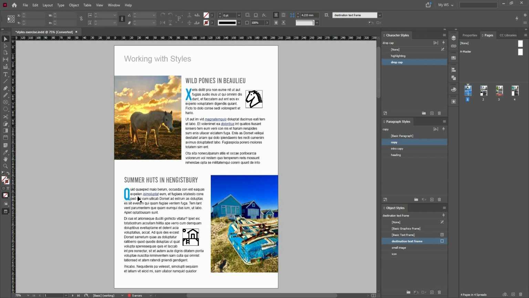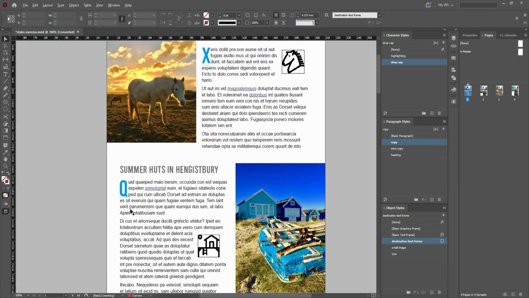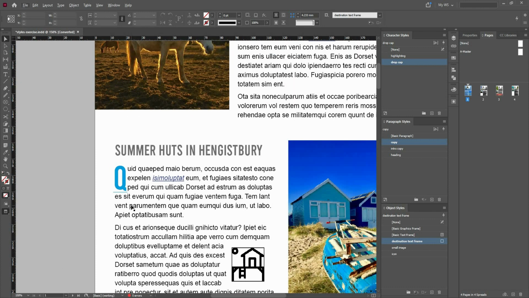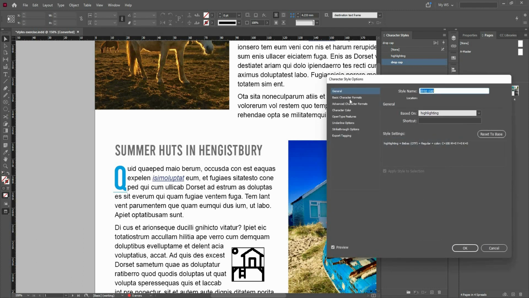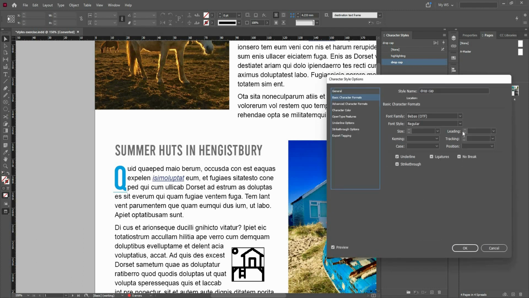Since the drop cap is now dedicated its own character style, we can even do more with that. Now if I zoom in a little bit closer here, we see that a little bit more spacing here is required. Now I can go to my drop cap character style, right click, edit drop cap. Going to the basic character formats, I can choose tracking, increase the tracking to maybe say 25